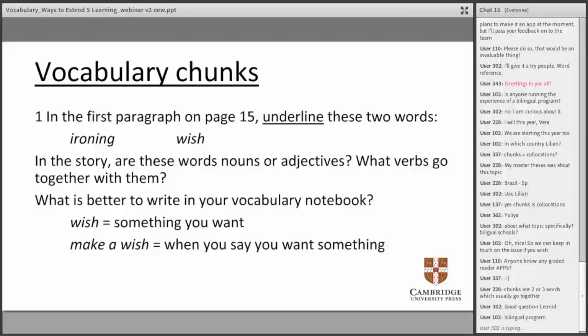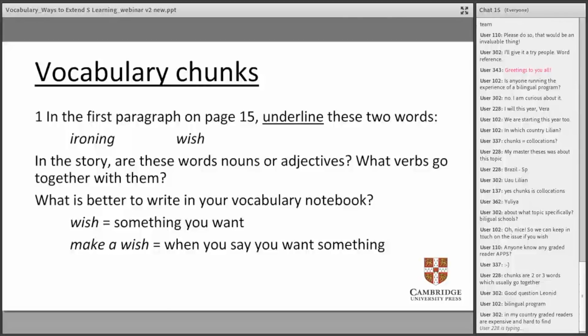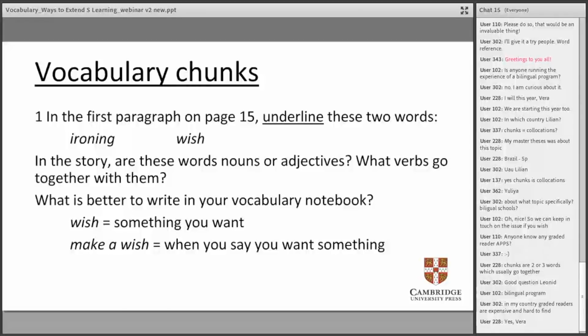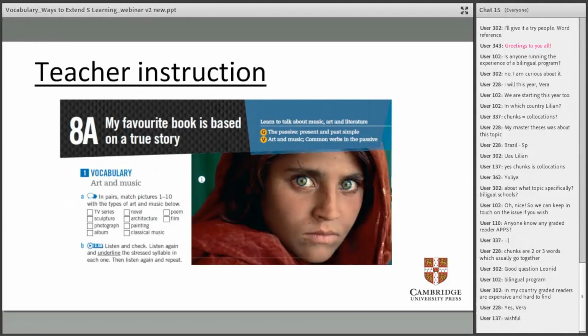And again, the reader had these two examples. So this was one more activity that I did with students in class, just to get them focused on the idea that sometimes when they're looking at vocabulary, it's not just the word, but it's a whole phrase or chunk that they need to focus on, and also that they need to make a record of in their vocabulary books. So those were some of the strategies that I dealt with when I was teaching this group at the end